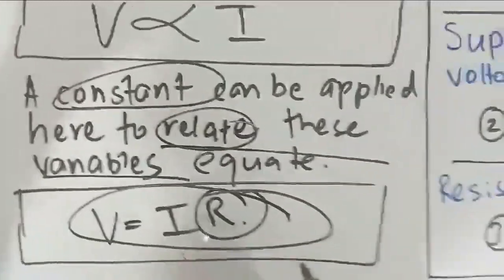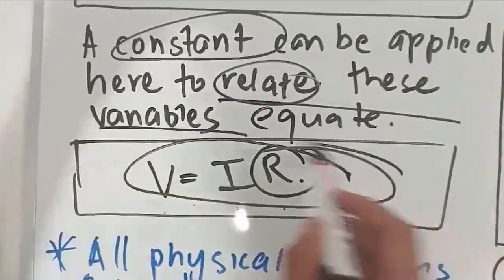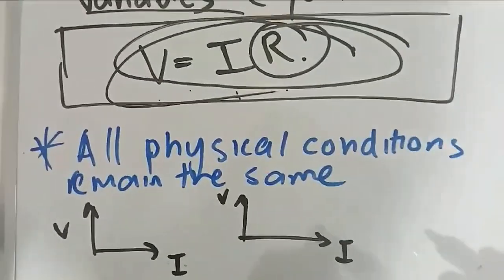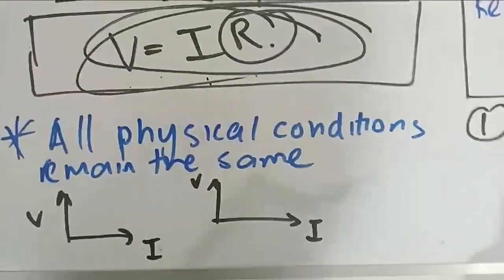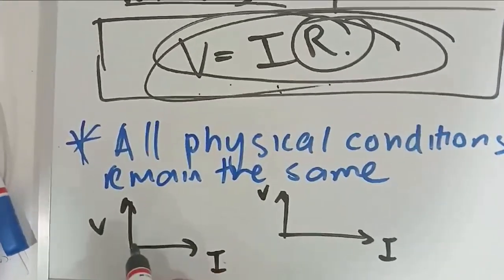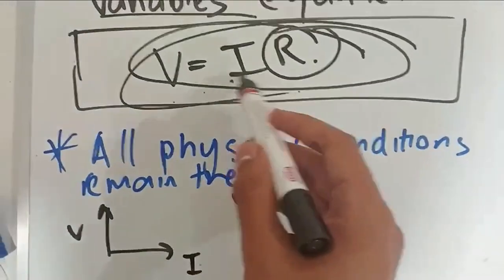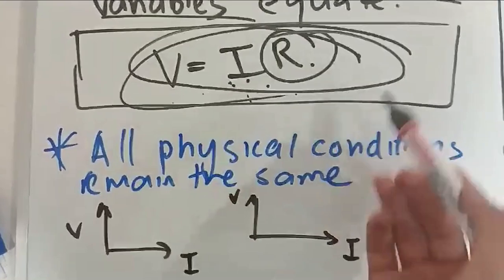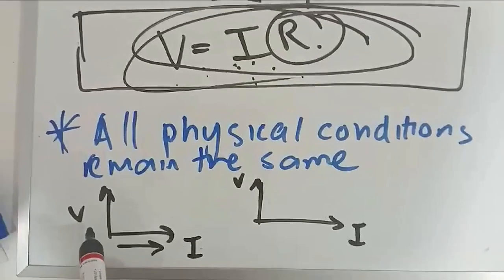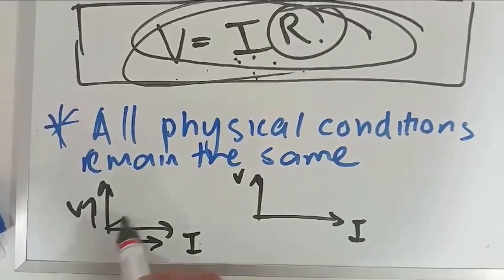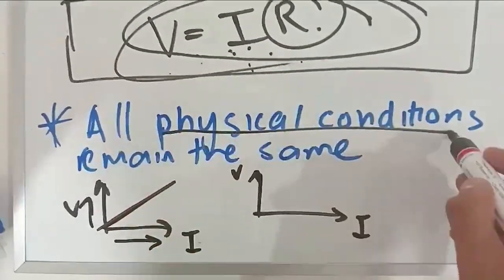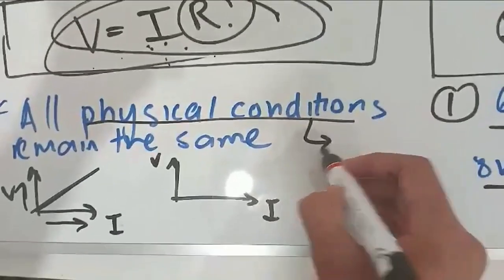However, for voltage to equal current times resistance, all physical conditions must remain the same. And this is where the concept of being ohmic or non-ohmic comes in. So imagine a component that is ohmic, right? This is going to follow this rule: voltage is equal to current times resistance. And so if we were to graph its current and its voltage, it would be somewhat like this. But if all physical conditions aren't the same,